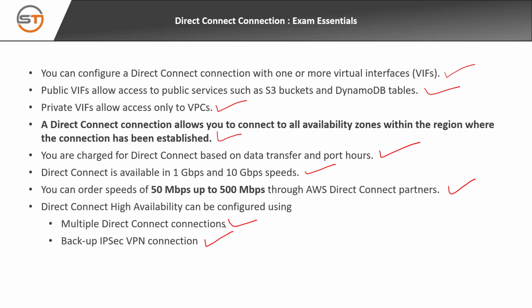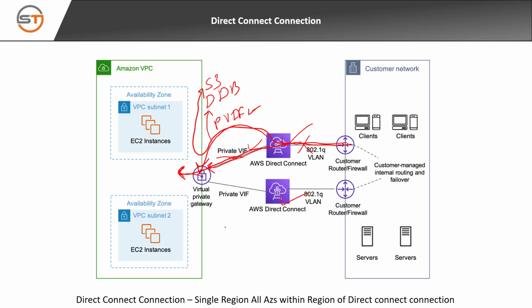So what we can have, let me go back. Instead of having the second connection over here, we can have IPsec VPN connectivity. So in case the AWS Direct Connect connection fails, it will fail over to the VPN connection, though the VPN connection is comparatively slower than the AWS Direct Connect connection. AWS Direct Connect is a high speed connection. VPN will be comparatively slow, but it is a cheap option and it is easy to set up. So having two Direct Connect connections is an expensive option. The other option we can have is one Direct Connect connection and one VPN connection for the failover.